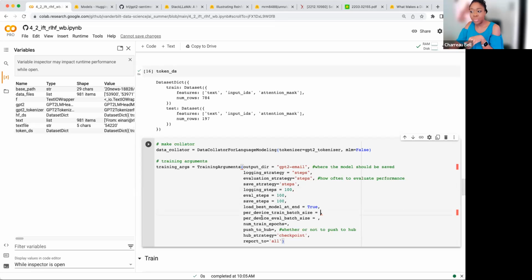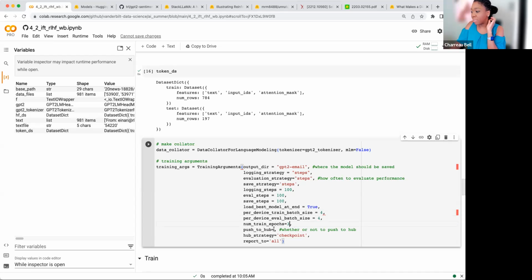And here, this is where you may need to set your own values if you're not on Colab Pro. Generally, I start with 4, but I think Hugging Face, in fact, provides functionality to help you decide what the batch size should be. But for now, we can set this to just be 4. And then we'll let this train for 3 epochs total.